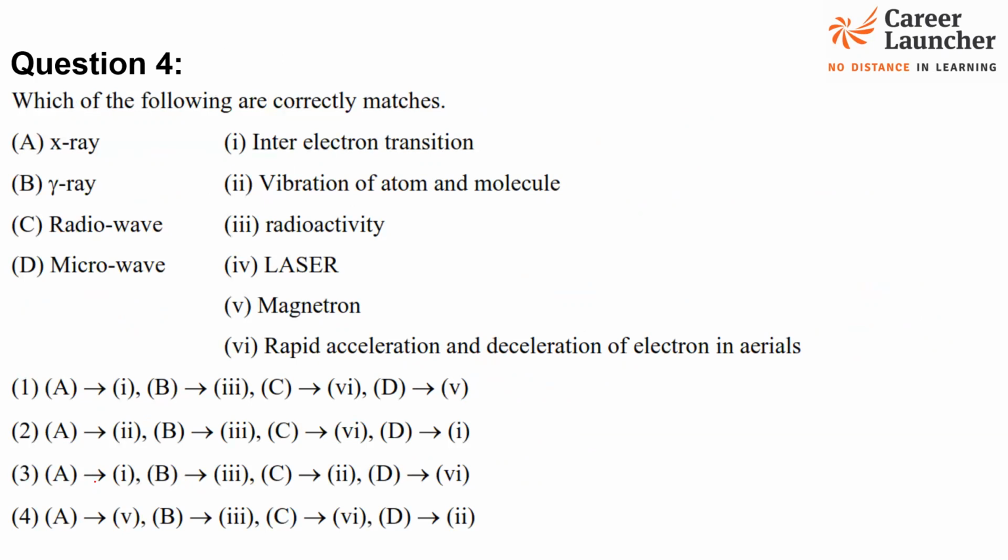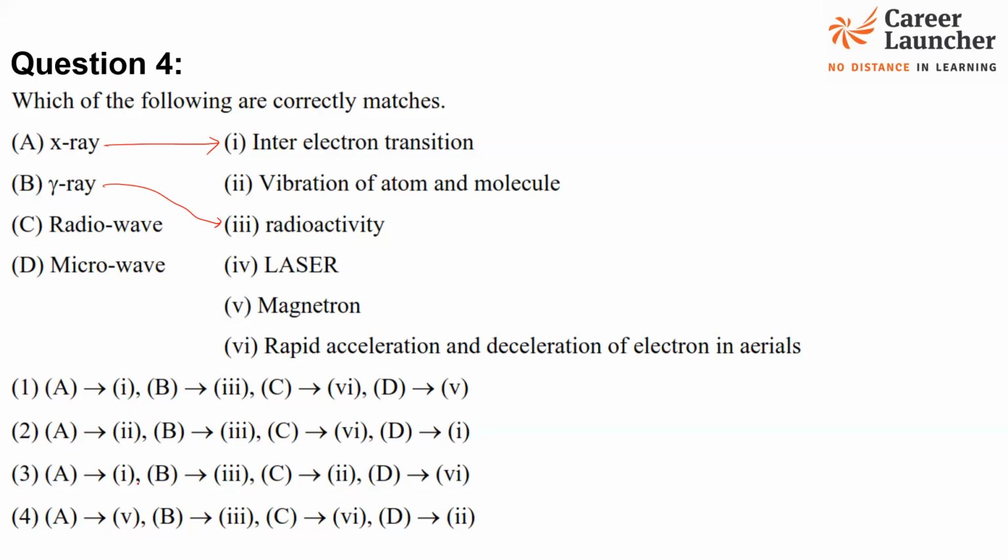And this is of the style matrix match, but it is asked in mains paper. So just take a look and try to eliminate the options. So as you can see, B is matching with 3 in all of the options, which is for sure. So that is radioactivity. That is very, very common thing that you will observe here. The second thing that you can see is X-ray. And X-ray, as you know, K alpha and K beta happens due to the inter-electron transition that happens. So A should belong to 1.